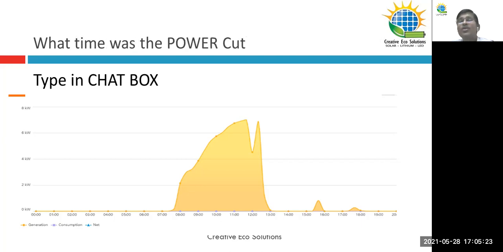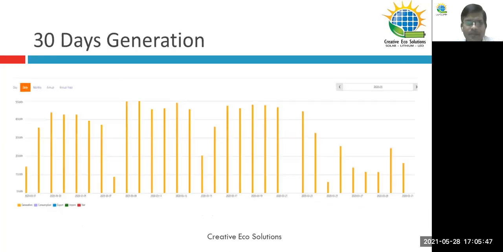If the power is not resuming on the next day, then I have to tell my engineer to check whether there's a power cut or something wrong with the AC/DC side, or the inverter is not working. So this monitoring software helps us with preventive maintenance. And then you also have email configurations. If something goes wrong, you get an auto email notification that there's no AC power available or there's a problem with the DC side.